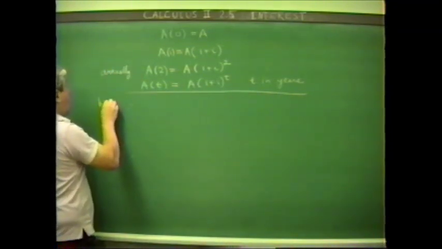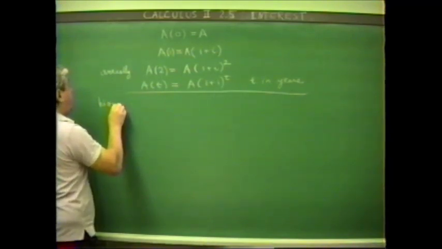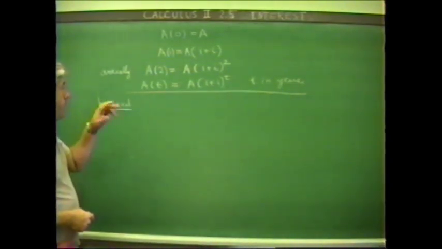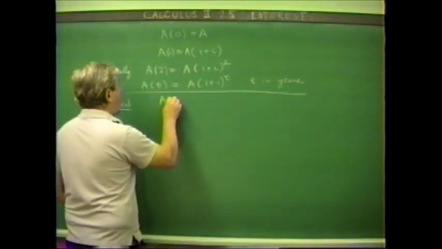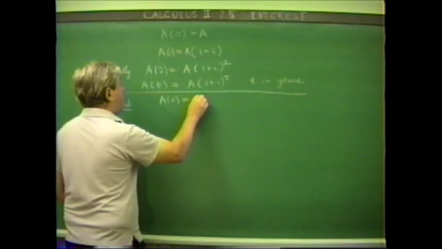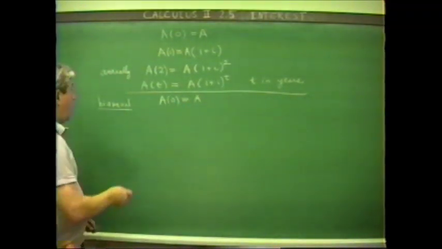If you wanted biannual interest compounding, that's to say, it would be compounded twice a year, then A of 0 in this case is going to again be the amount A that's put in the bank,